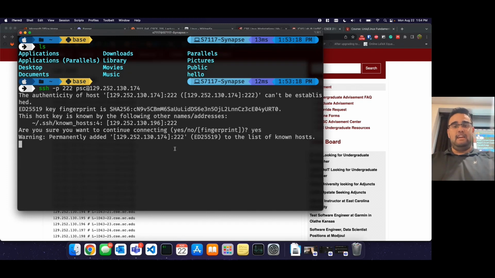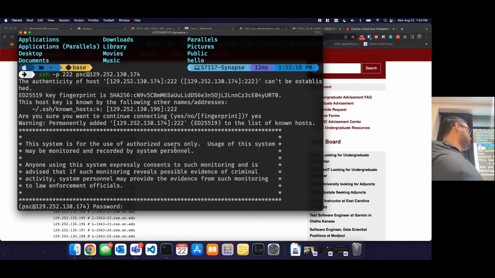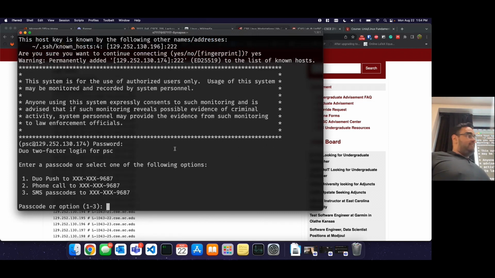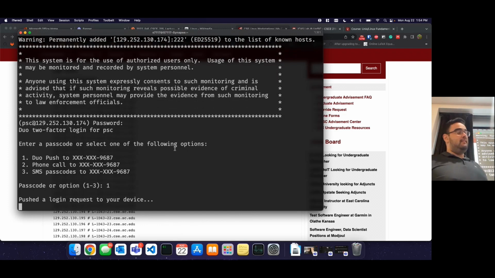authentication. It says yes. Then it says this system is used for authorized users, yada yada yada, and asks you for your university password. We type my university password. All right, notice something. I just typed, and there's nothing in the terminal, right? It doesn't show asterisks, doesn't show text, nothing. Passwords in general in Linux, when you type them on the command line, do not show up. So you'll just get this key, and even though I have something typed here and I press enter, it says, okay, now do dual factor. It didn't show anything, but something was there.